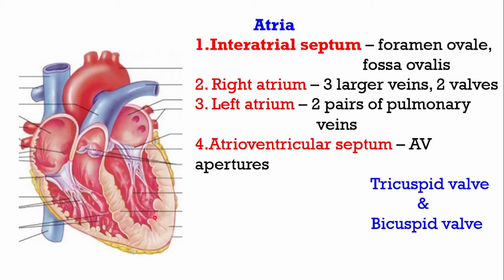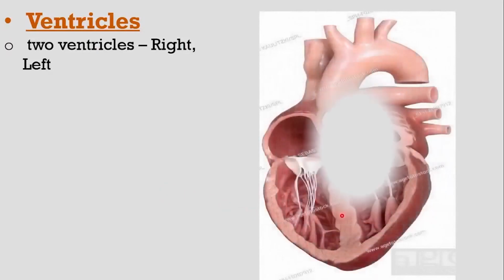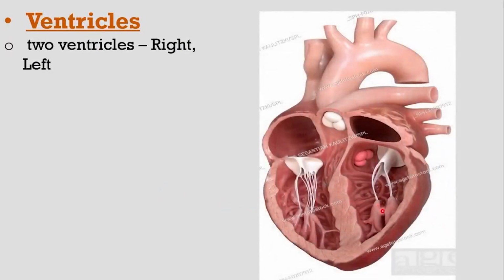Now let's get into the lower chambers of the heart, the ventricles. Ventricles are the lower thick-walled chambers. They pump blood to different regions of the body. So they are known as pumping chambers. The atria, upper chambers, receive blood from different parts of the body. So atria are known as receiving chambers. Ventricles are the pumping chambers of the heart. Ventricles have to pump blood to each and every tissue of the body from head to toe. That's why ventricles are thick-walled chambers.